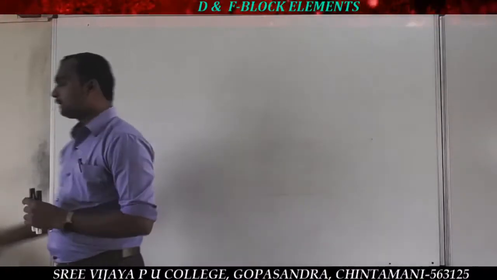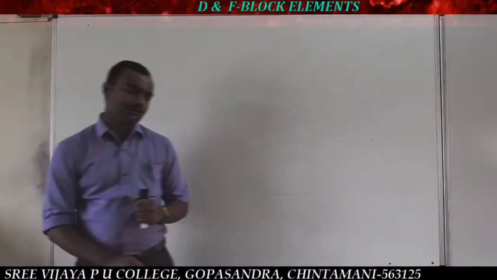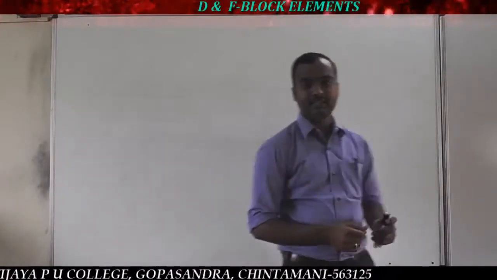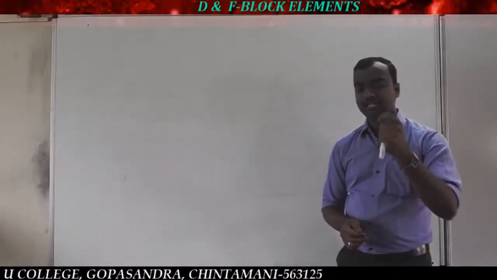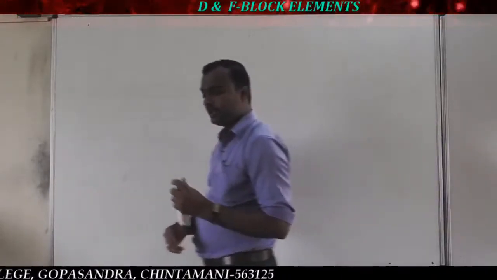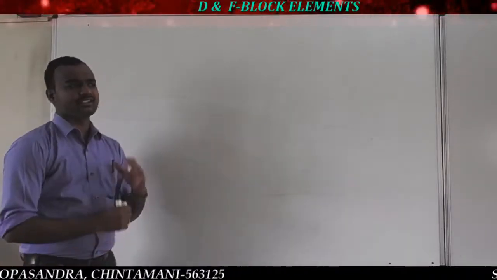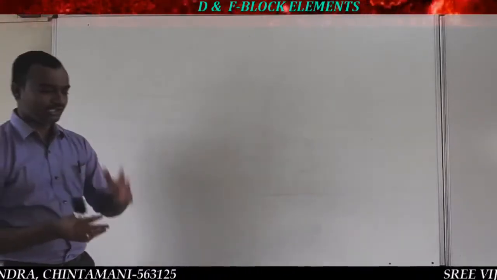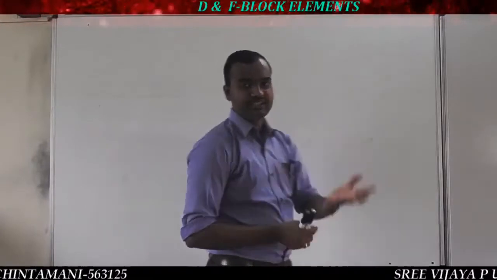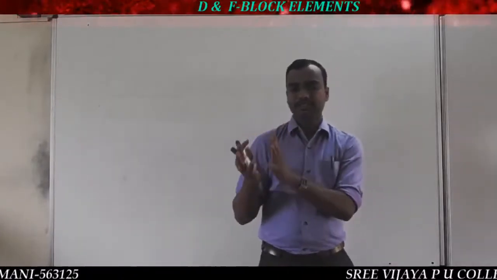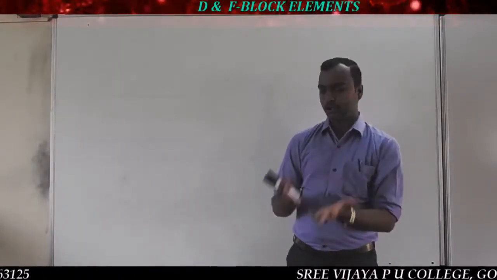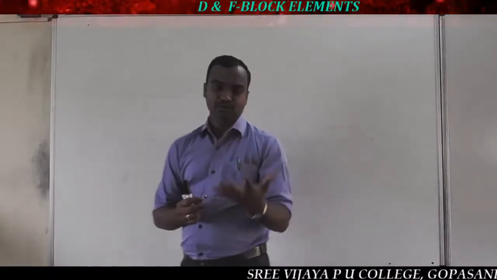In the previous session, we discussed lanthanide contraction under atomic size and ionic size. That is because of the poor shielding effect of 4f electrons. So because of lanthanide contraction, there is a variation in size. Because of the variation in size, some other properties of lanthanides also change, like solubility or complex formation capacity,